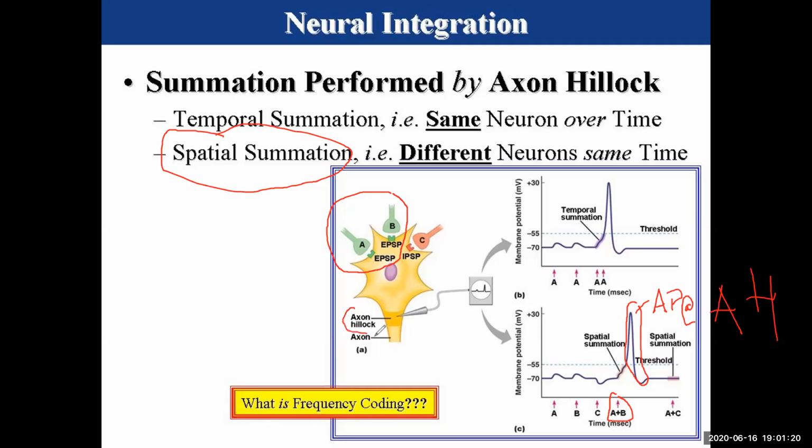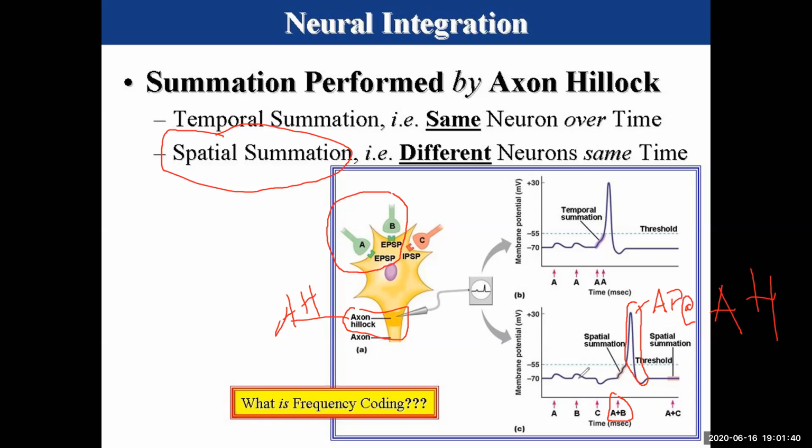This is the axon hillock. Right. So if A and B fire at different locations, but close enough in time too, they add up,